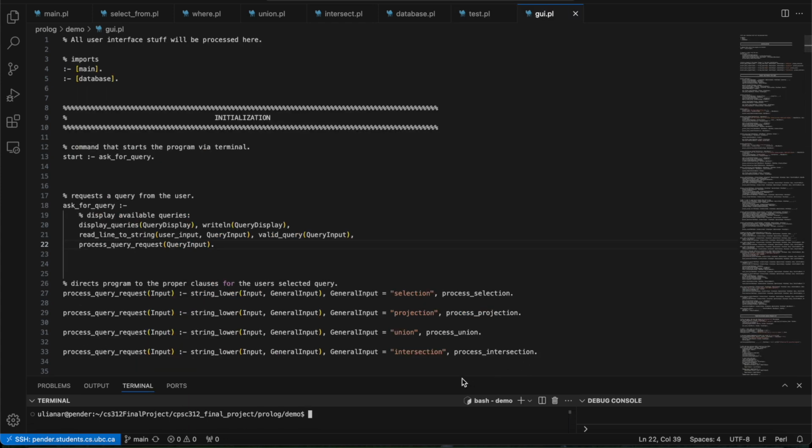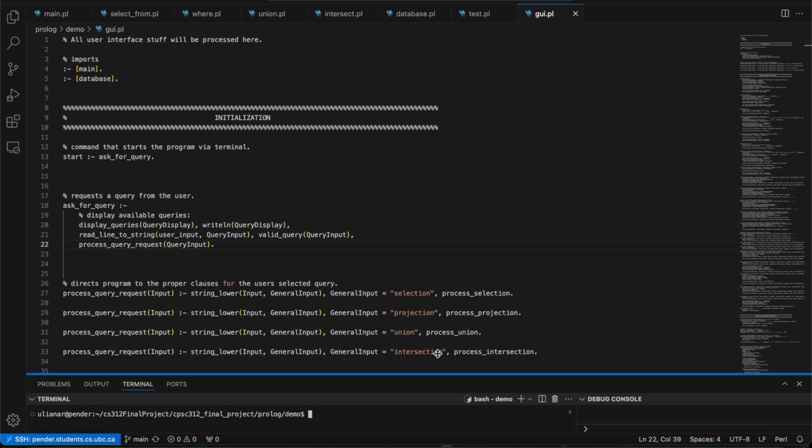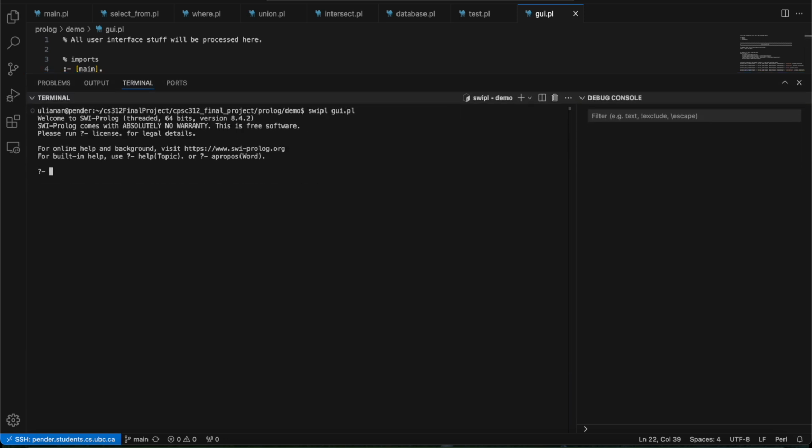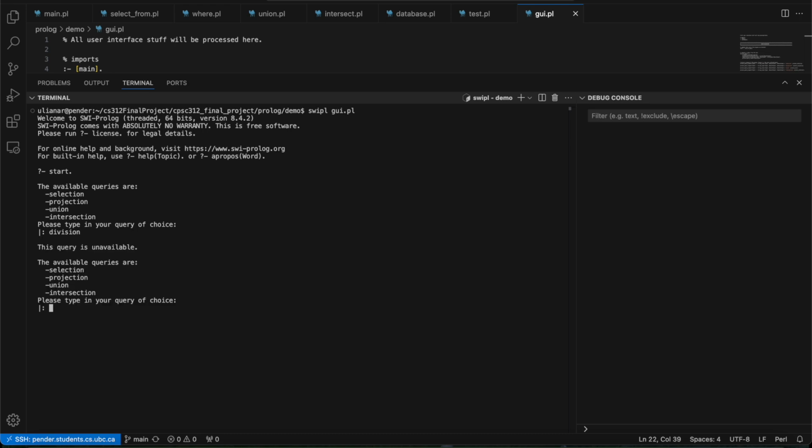How to interact with the program. So I'm going to run the GUI file and I'm going to type start, and I'm given the options of the queries that I can run. And if, let's say, I pick something else, it's just going to ask me to type a query that is valid. So I'm going to go with selection now, and I'm going to choose students from the list of